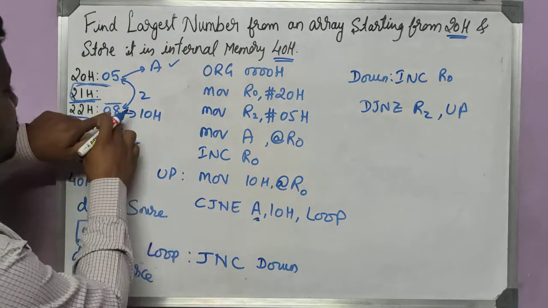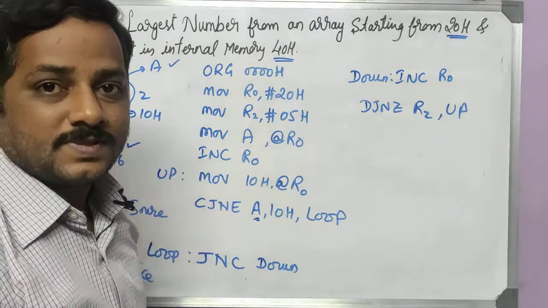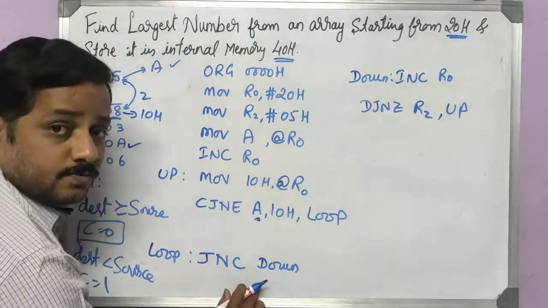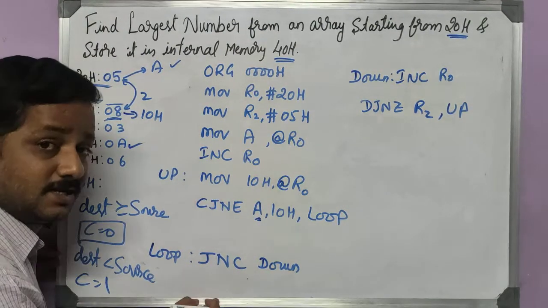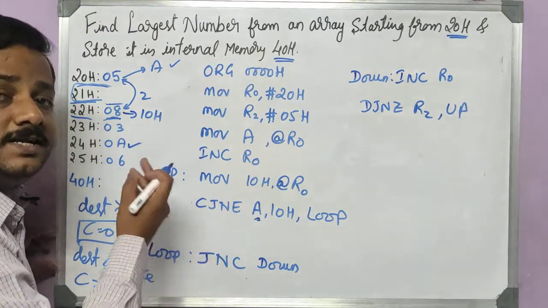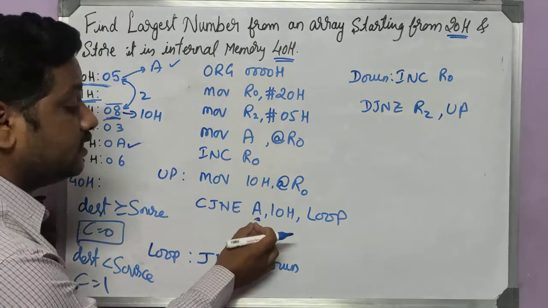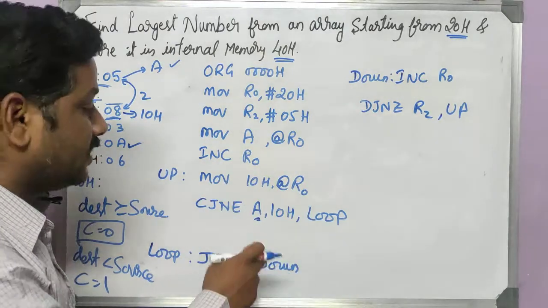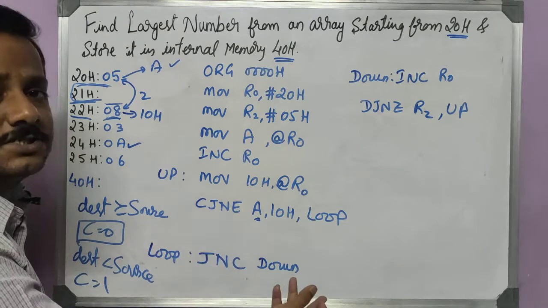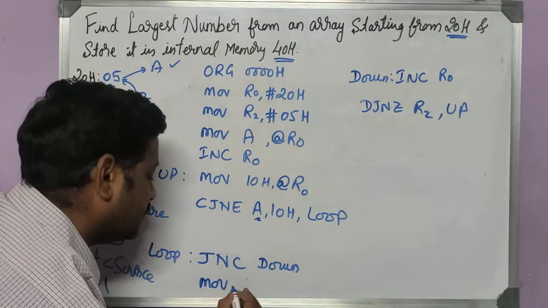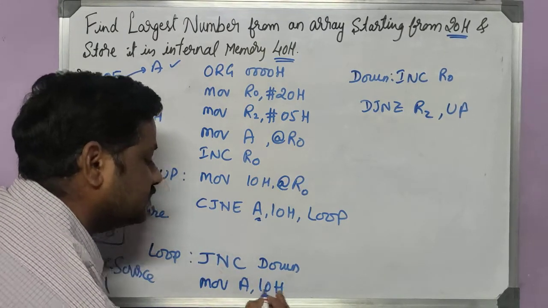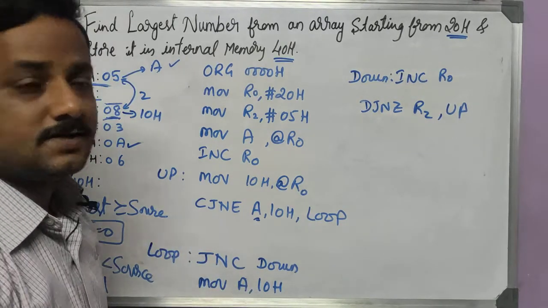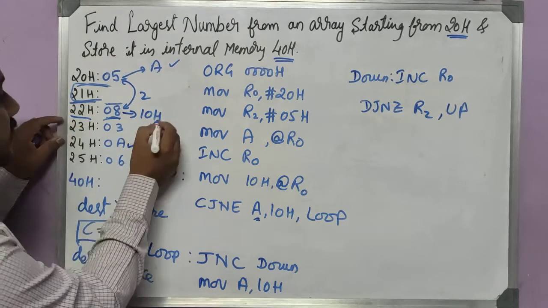So this largest number, you just move it to accumulator. If there is no carry, you could have come here. But this has failed now because I have a carry. If there is a carry, what has to be done? It is an indication that the content of accumulator is smaller. So the content of 10H is greater. So take that 10H into accumulator. So write an instruction for that: MOV A, 10H. So the content of 10H will be given to accumulator.